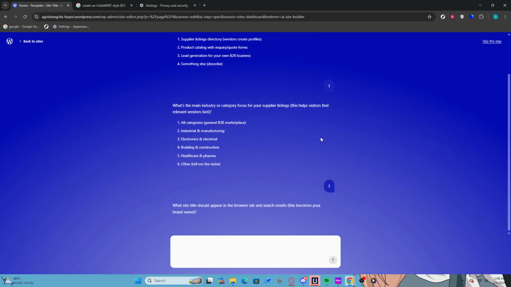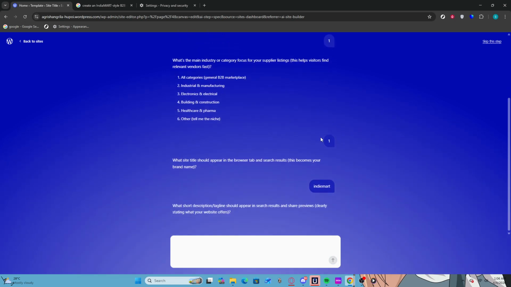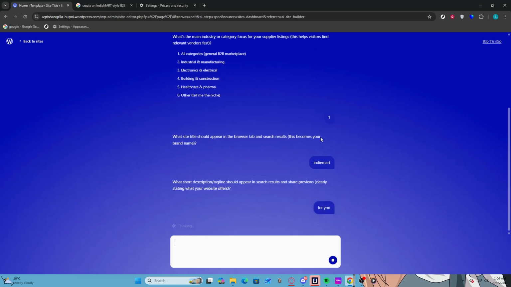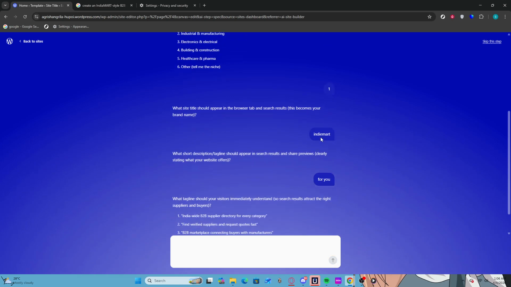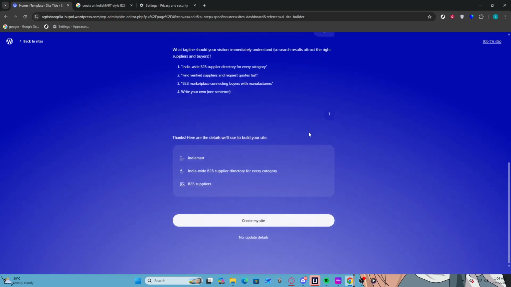Ensure to read through any recommendations provided by the system. Now type in the choice presented above. This step is essential as it allows you to further refine the AI's understanding of your website's purpose. After typing, press Enter again to submit your choice and advance to the next phase. You will then see another prompt. Click on Enter once more to continue. Each of these steps is designed to build upon the previous information you've provided, leading to a tailored website creation